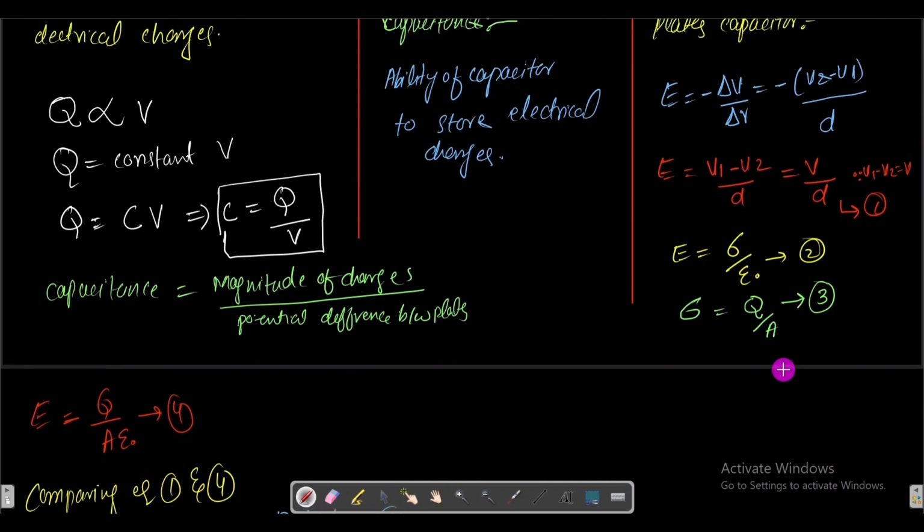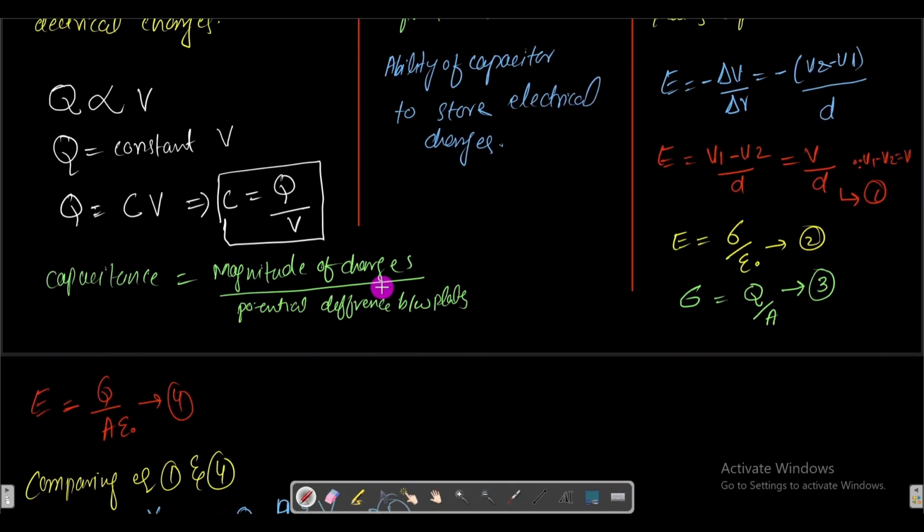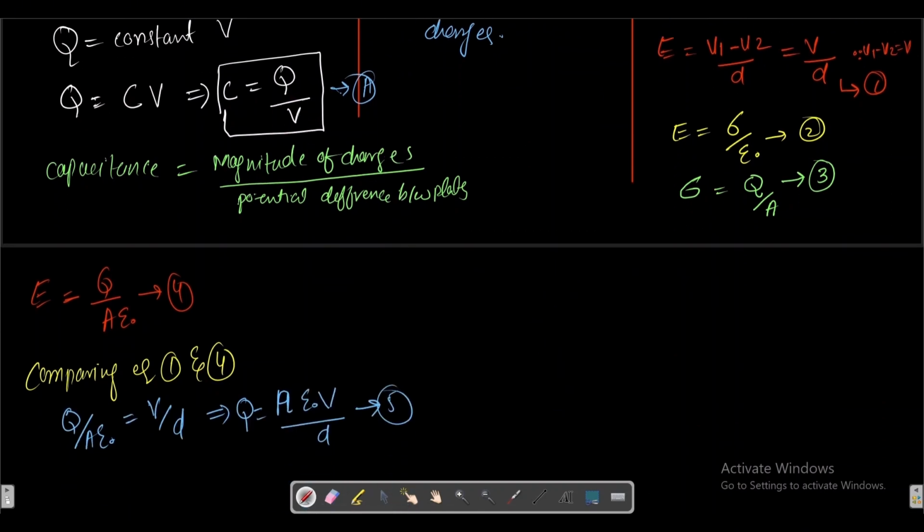Now put equation 5 in this equation A. So then we will find the capacitance for the parallel plate capacitor. So the equation A becomes